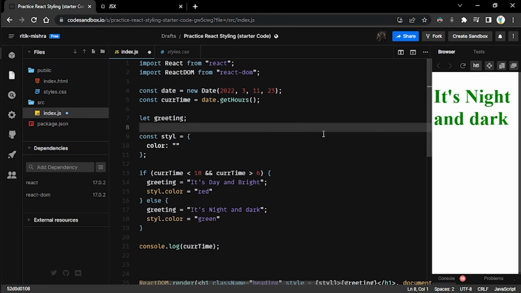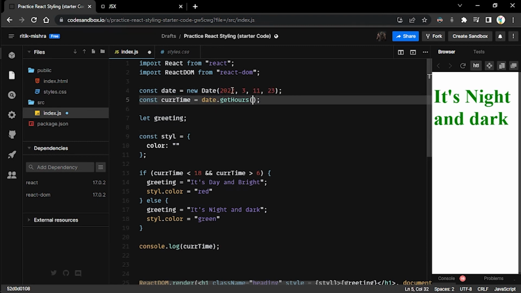Okay, so now you can see, was I writing these in this particular bracket before? Might be. So anyways, inside this date object, inside these braces, we can write, as told before, up to like 6 or 7 of these numbers, which will represent, in the descending order, year, month, day, and so on. So by 23 we are representing that the date is 11th March 2022 and the time is 23,